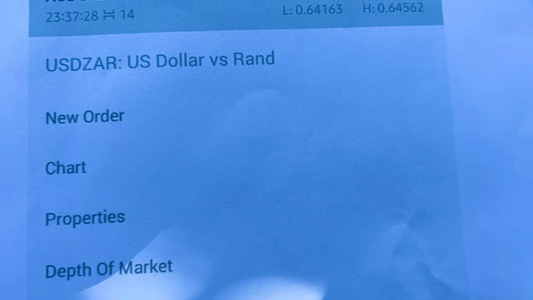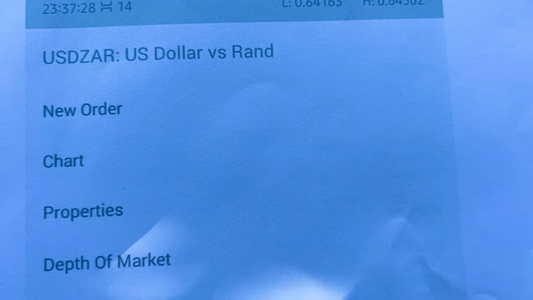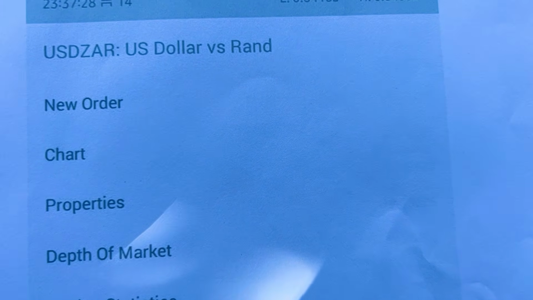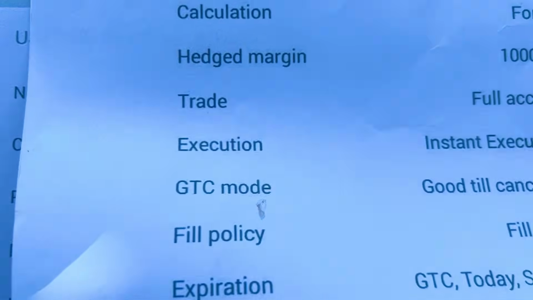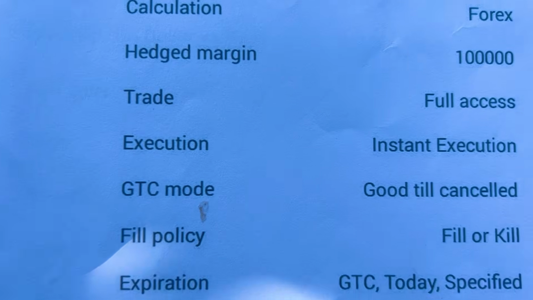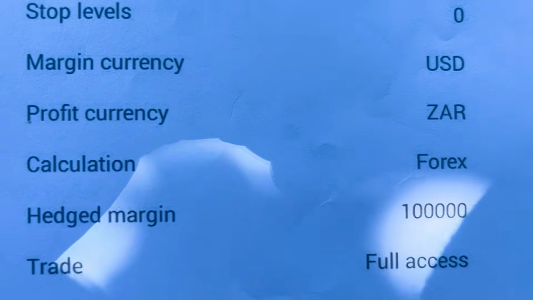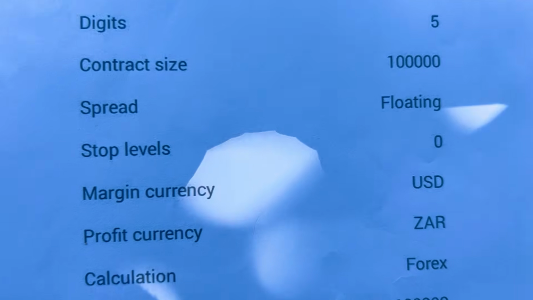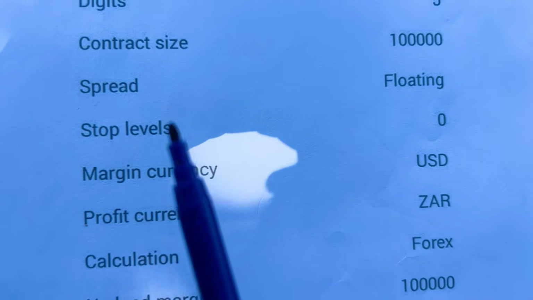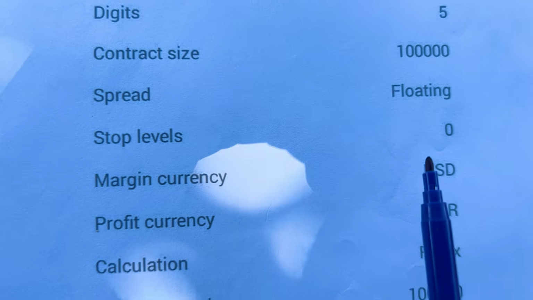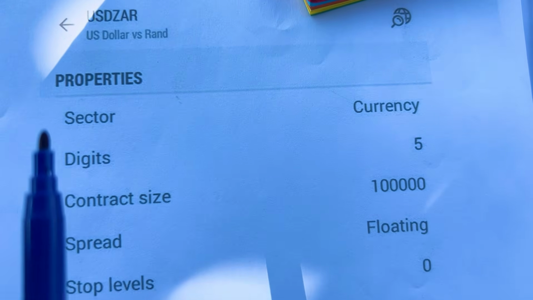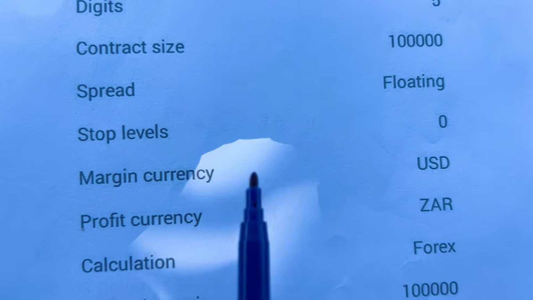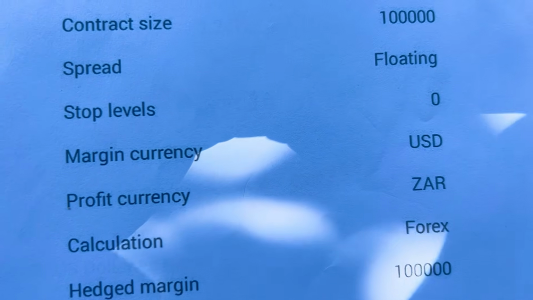Under properties, this is where we have to actually pay attention, because this is where everything happens, or every calculation is added, so that we see what is needed from us to do in order for us to make profit. Now, when we're setting stop loss and take profit, what is going to affect almost everything is the stop levels. We are under properties USD ZAR. Whatever asset that you're going to be trading, stop levels is very important, and traders actually ignore it